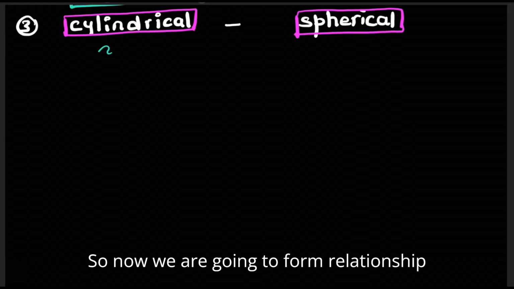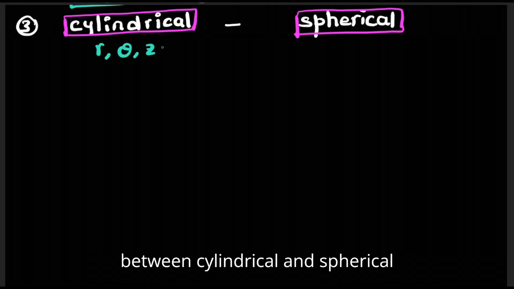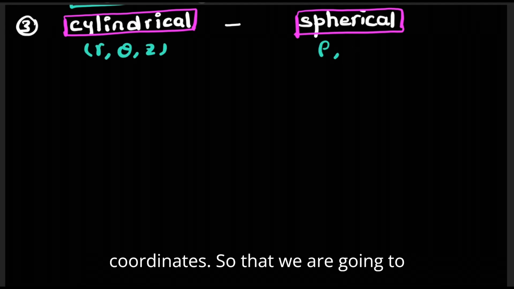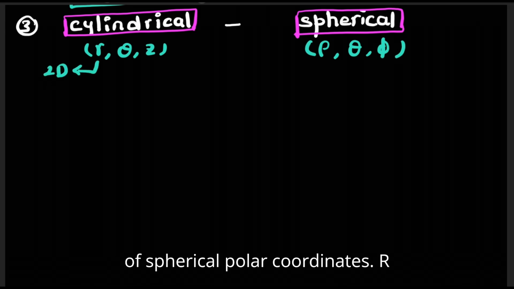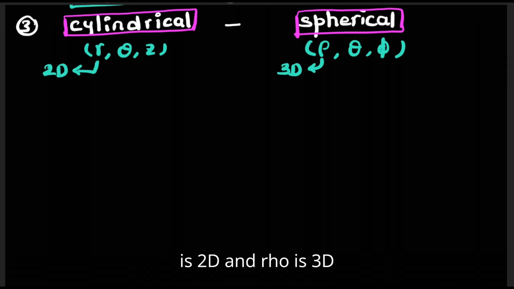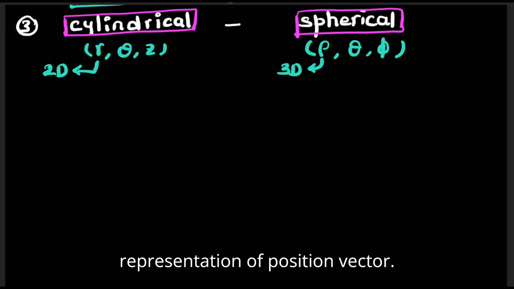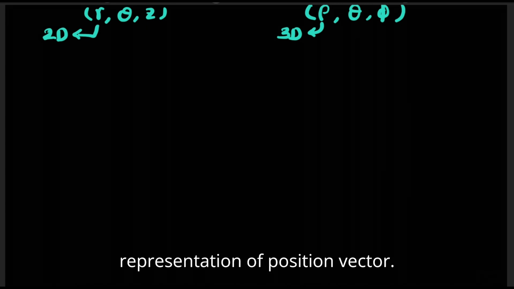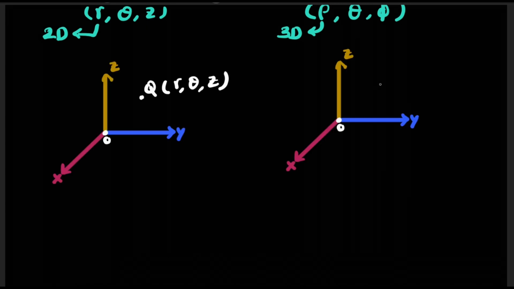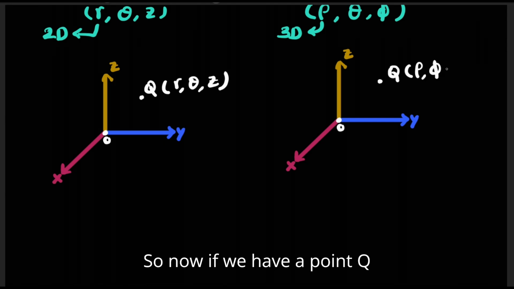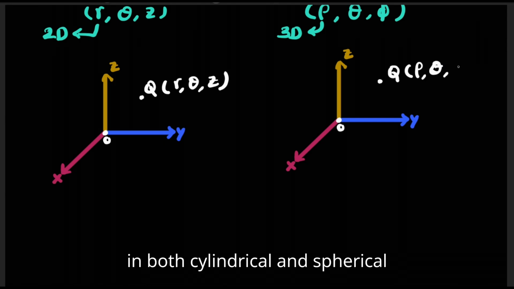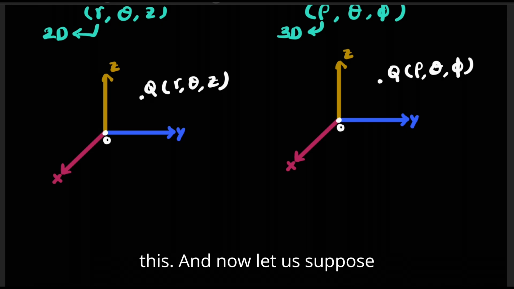So now we are going to form a relationship between cylindrical and spherical coordinates, so that we define cylindrical coordinates in terms of spherical polar coordinates. r is the 2D and rho is the 3D representation of the position vector. Now if we have a point Q in both cylindrical and spherical coordinate systems, we can define it like this. And now let us suppose that